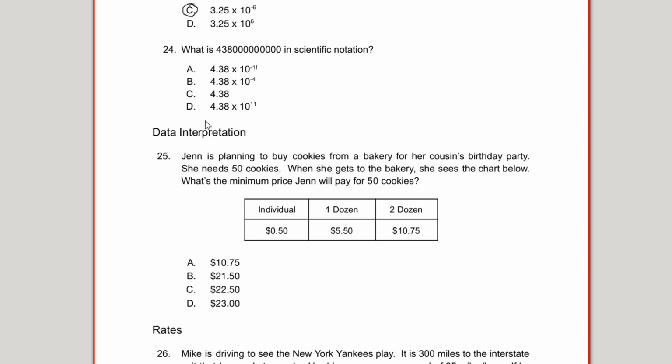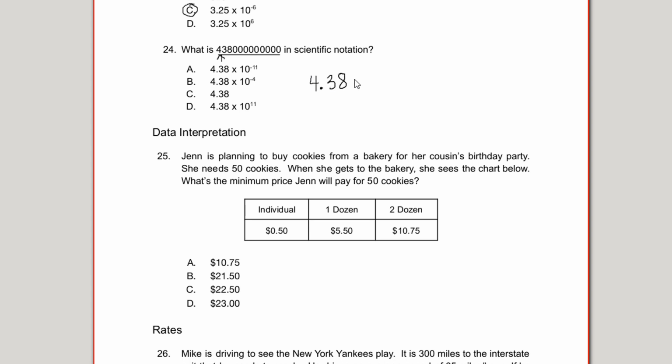Next, question number 24. What is this number in scientific notation? And this is a really big number. Just as in the previous problem, we want to move the decimal point to where there's only one non-zero value to the left of the decimal point. So we're going to want to move it here between the 4 and the 3. So we're going to have